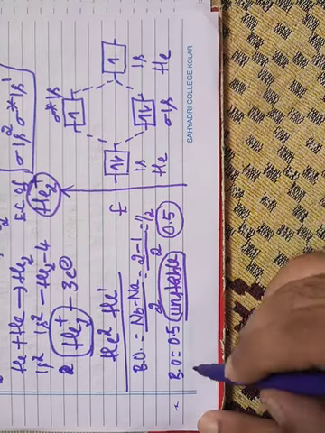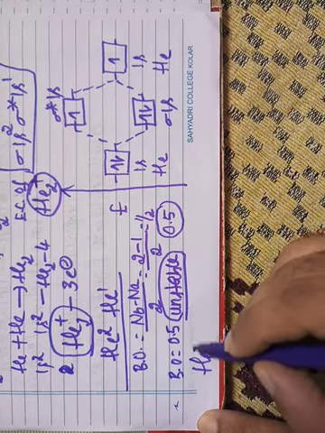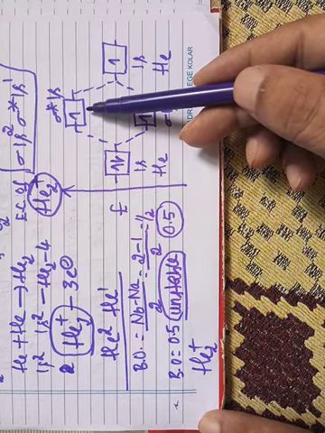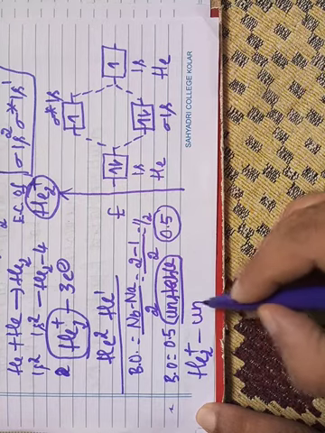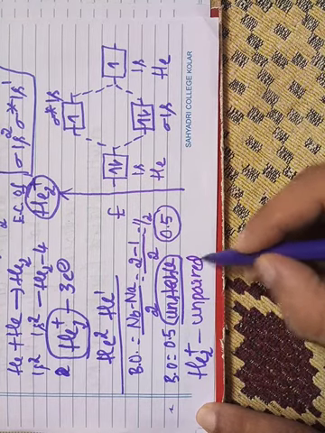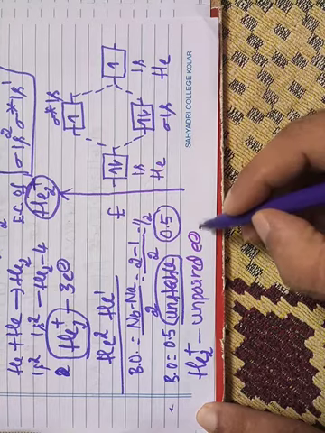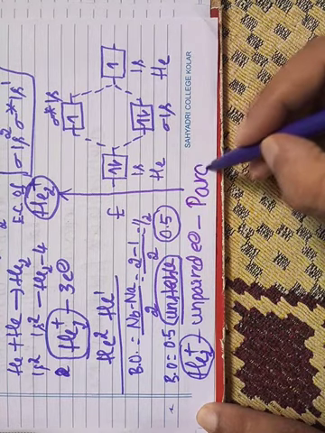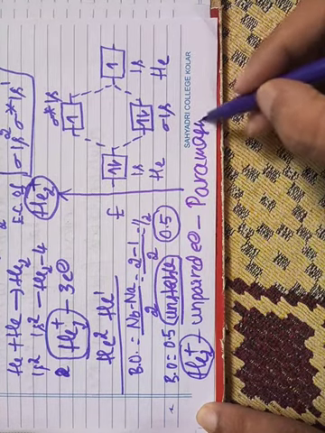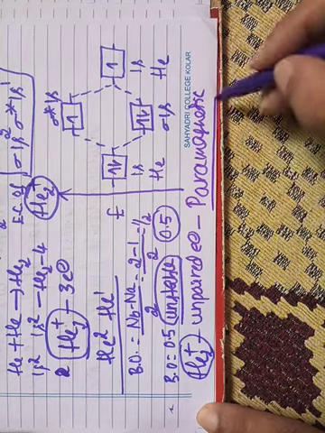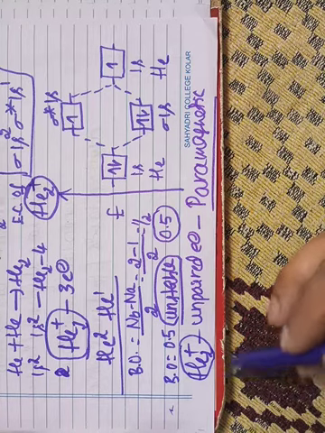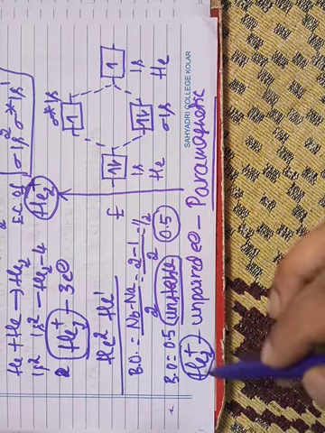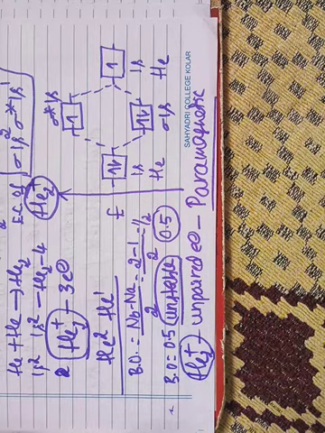Okay. Coming to the magnetic property of this He2 plus molecule, here you can observe there is an unpaired electron. In the He2 plus molecule, an unpaired electron is present. Therefore this He2 plus molecule is said to be paramagnetic in nature. That means when this molecule is placed in an external magnetic field, it will be weakly attracted by the external magnetic field. That is called paramagnetic.